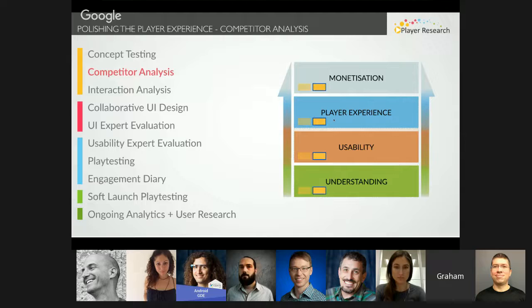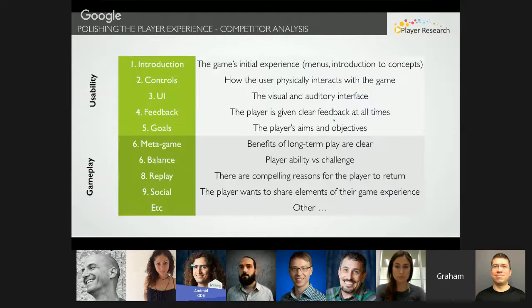Competitor analysis is usually what we do in-house. We don't bring in real players in this case. It's our staff. They've all got backgrounds in either psychology or human-computer interaction. And we're applying principles of game design, either psychological principles or human-computer interaction principles, to assess competitors' games. For example, these are called heuristics. And you can see here's an example of some heuristics that you could apply. Some of them are usability related, and some are gameplay related or user experience related. And you could apply these to your competitors' games. How is their introduction, or their goals, or their metagame in case of mobile, or replay value, or social? And you can rate each of them accordingly and get some rough measure of, okay, where are the strengths and